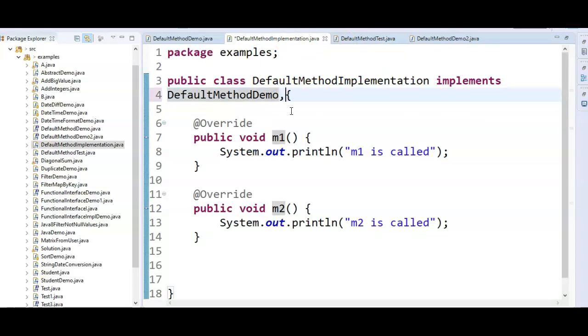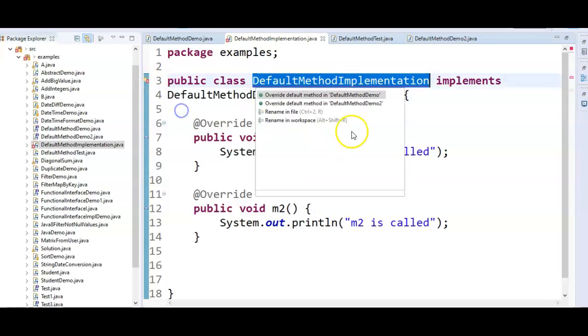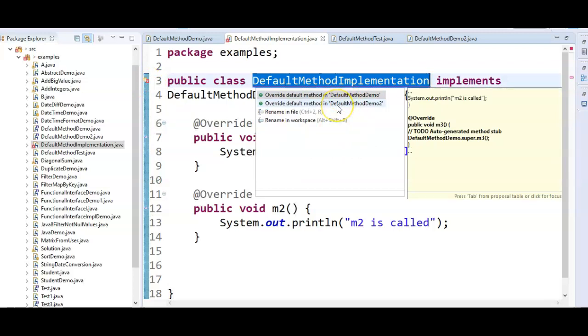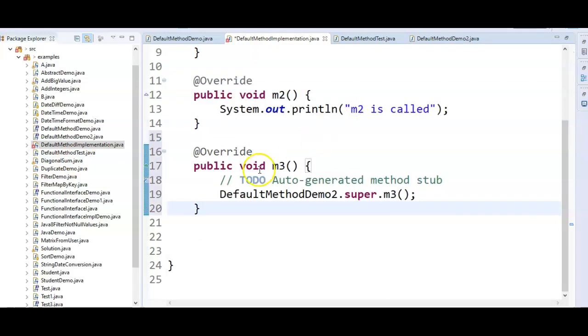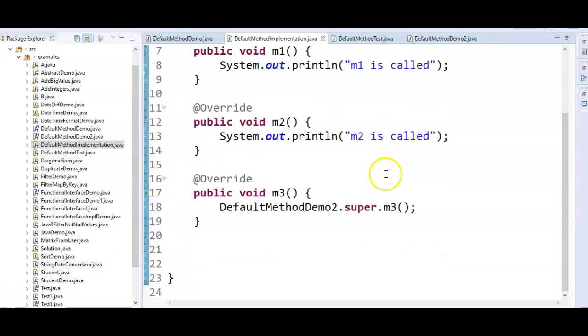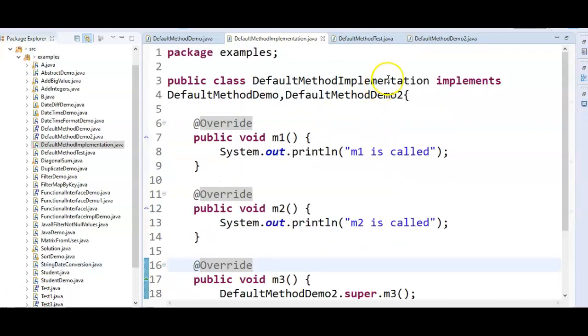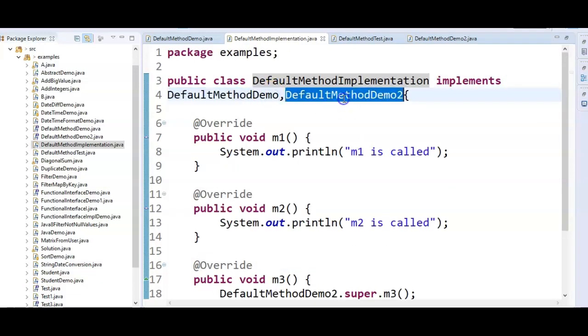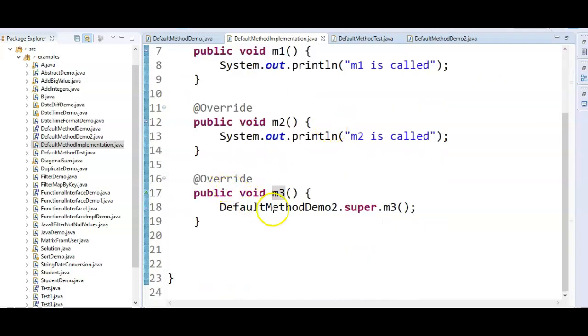The class implements DefaultMethodDemo, DefaultMethodDemo2. Using quick fix, we override the default method. Now when we override public void m3, what happens?